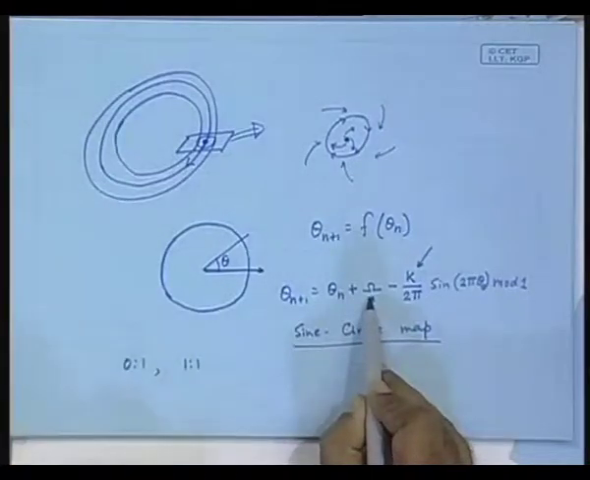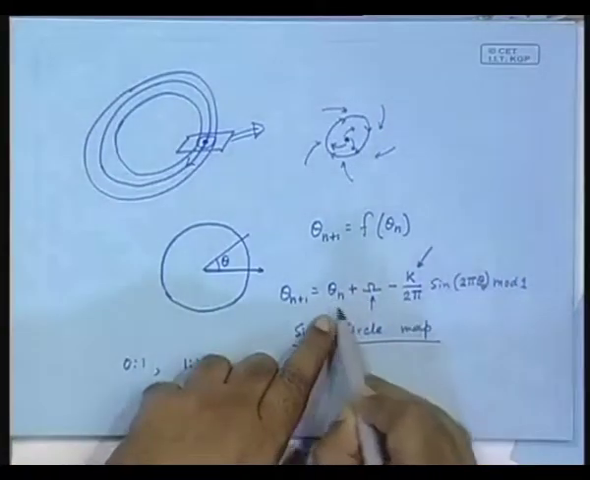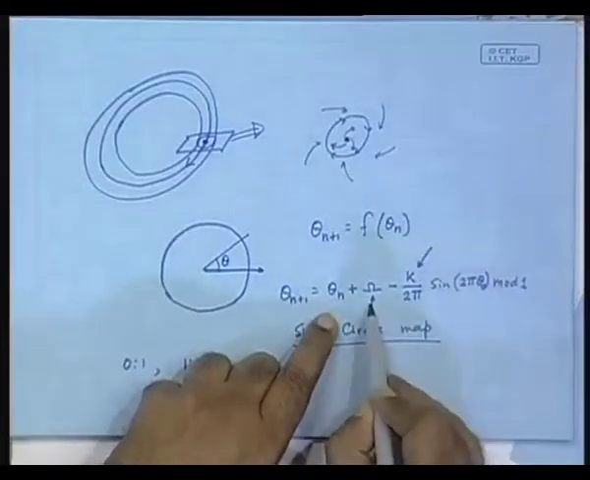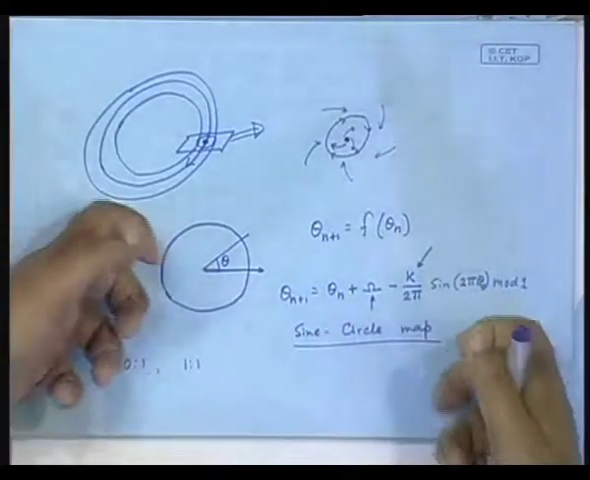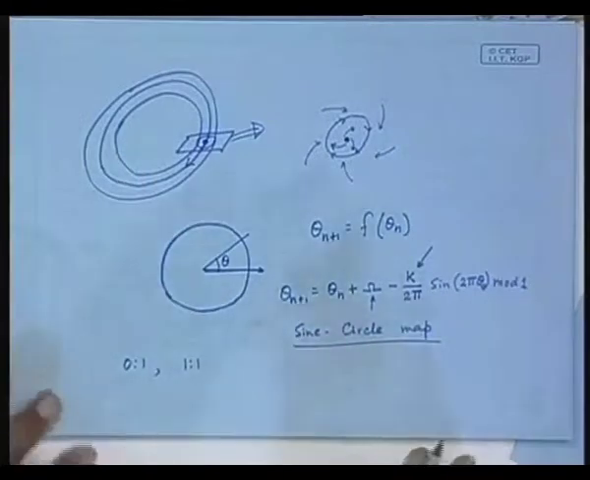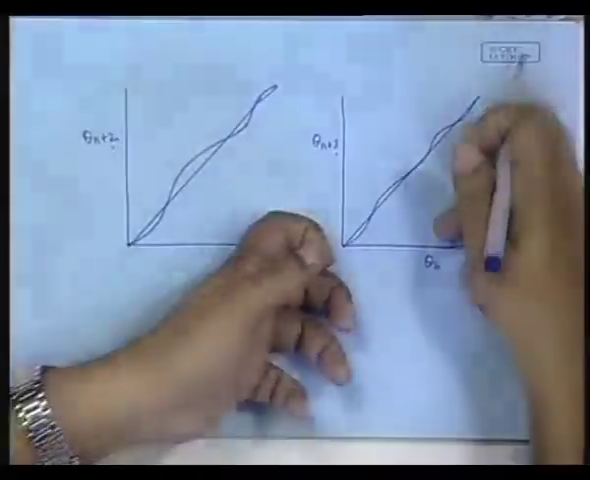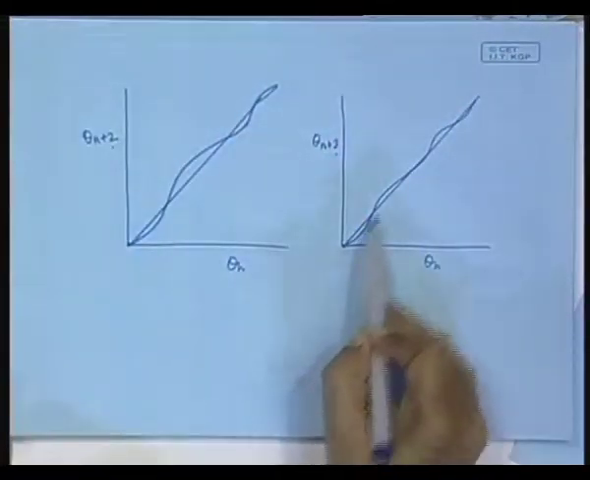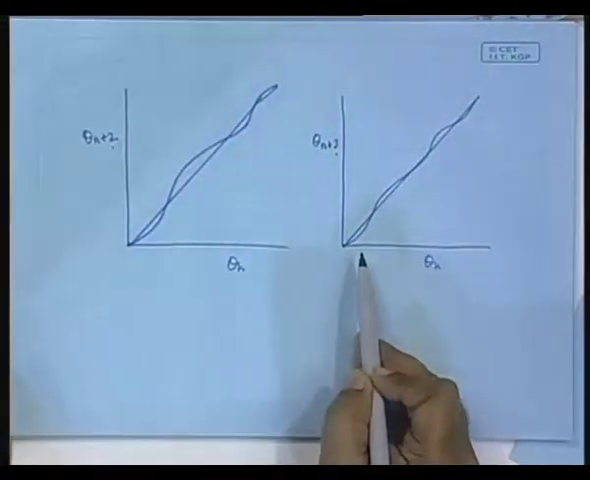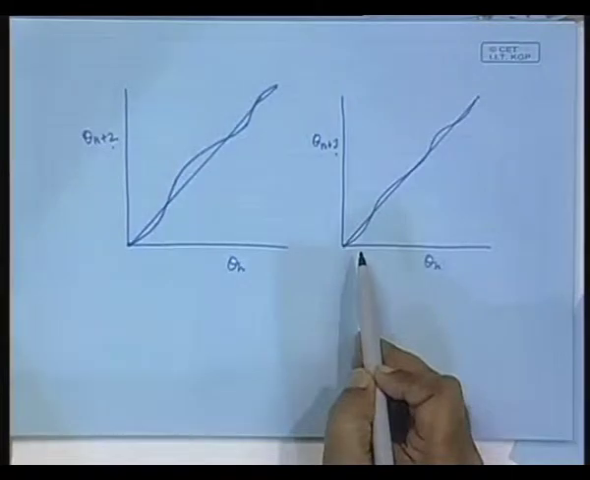Now, look at the character of this. What does omega do? Imagine I am drawing the graph of this, and what is the role of omega? It is just moving it vertically. Okay, it is just moving it vertically. As a result, if you move this vertically, the intersections will exist only for a certain range. Okay,